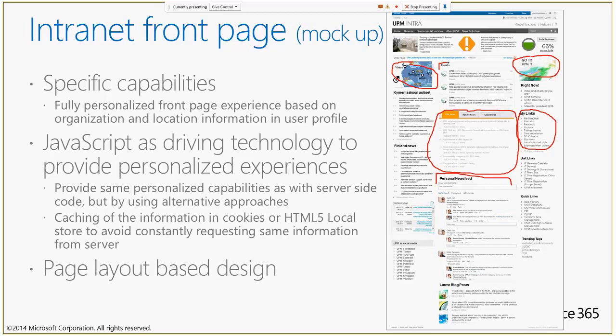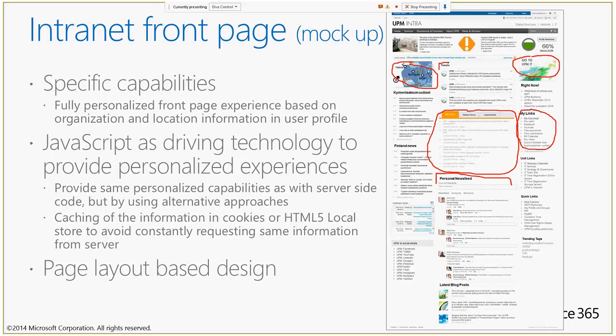Just as well as in an app part, you can put JavaScript on the master page or in the page layout. In the case of this particular front page, all of those elements, except the personal newsfeed, everything that has been circled in the picture, has been implemented as embedded JavaScript. There's a div, essentially, for the location of the image or the location of the weather. Then, based on the JavaScript implementation, because we have the JavaScript CSOM, we're able to ask SharePoint,